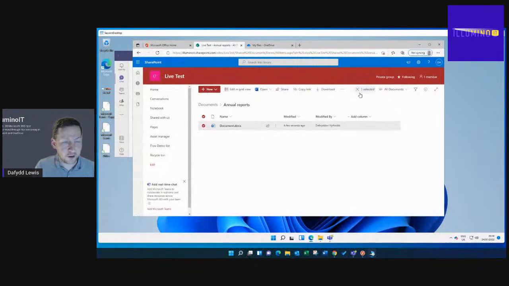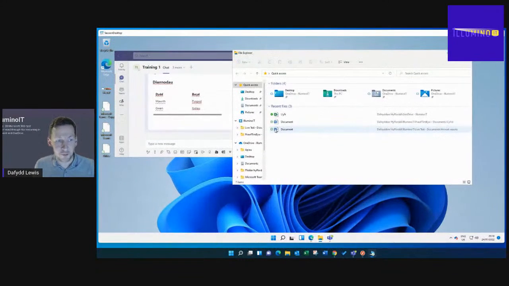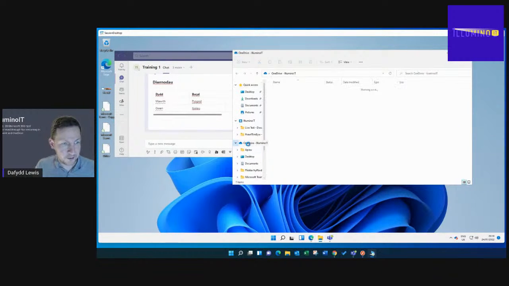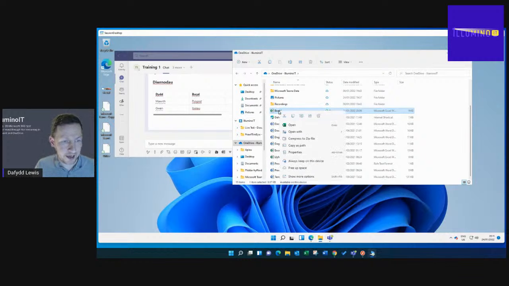And finally, what I want to show you is that, as with everything, so OneDrive, SharePoint, what you can do online, generally you can do through the sync client as well. So let's minimize this screen here. So we have our file explorer here. Let's go into our OneDrive and we have our documents again. So actually, let's use this document as an example. So book 1, this was the one we were just working on now online. And if I right click on there,